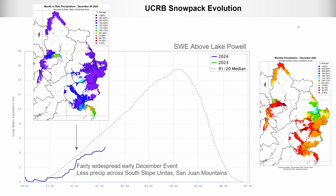So looking at the evolution of the upper Colorado River Basin snowpack for water year 2024. The big plot in the middle shows the snow water equivalent above Lake Powell compared to the dashed line, which is the 1991 through 2020 median, where the blue line is the 2024 water year. So you can see when certain storms hit the upper Colorado River Basin. The biggest one happened in early December. You can see the jump here, this graphic associated